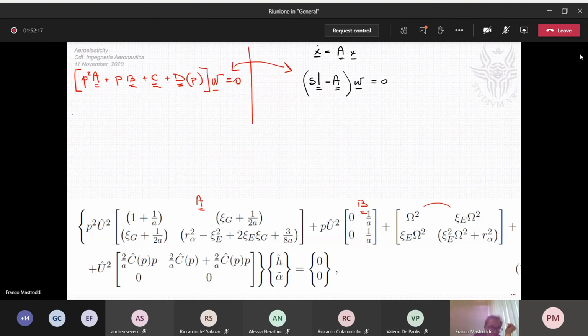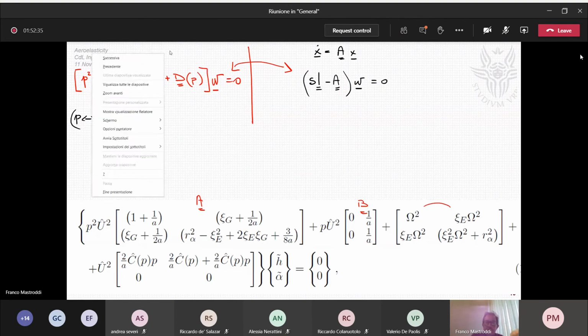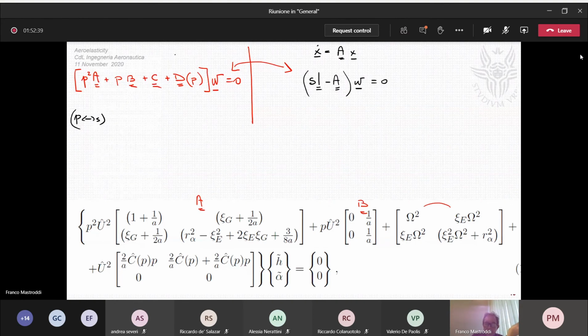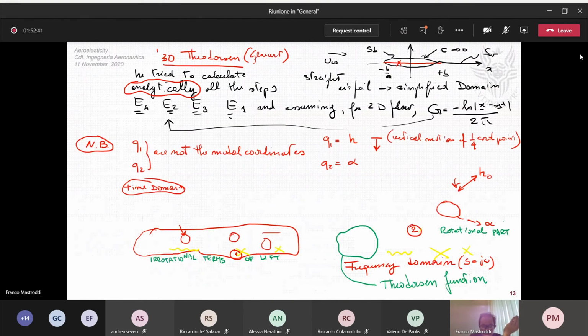Now we have P instead of S. Okay, no problem. And here, what kind of time domain equation do we have? We don't have an explicit time domain equation presented. But if you see this,